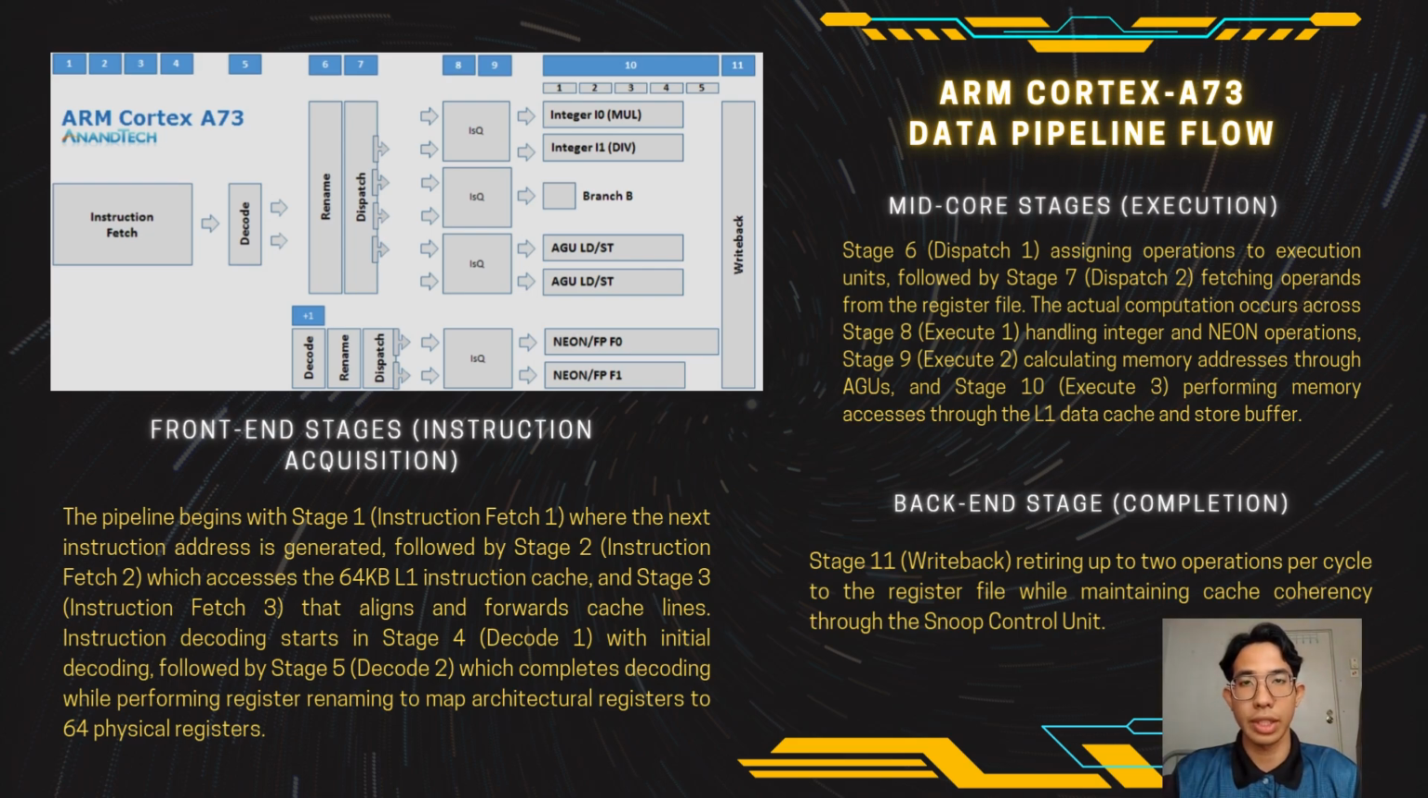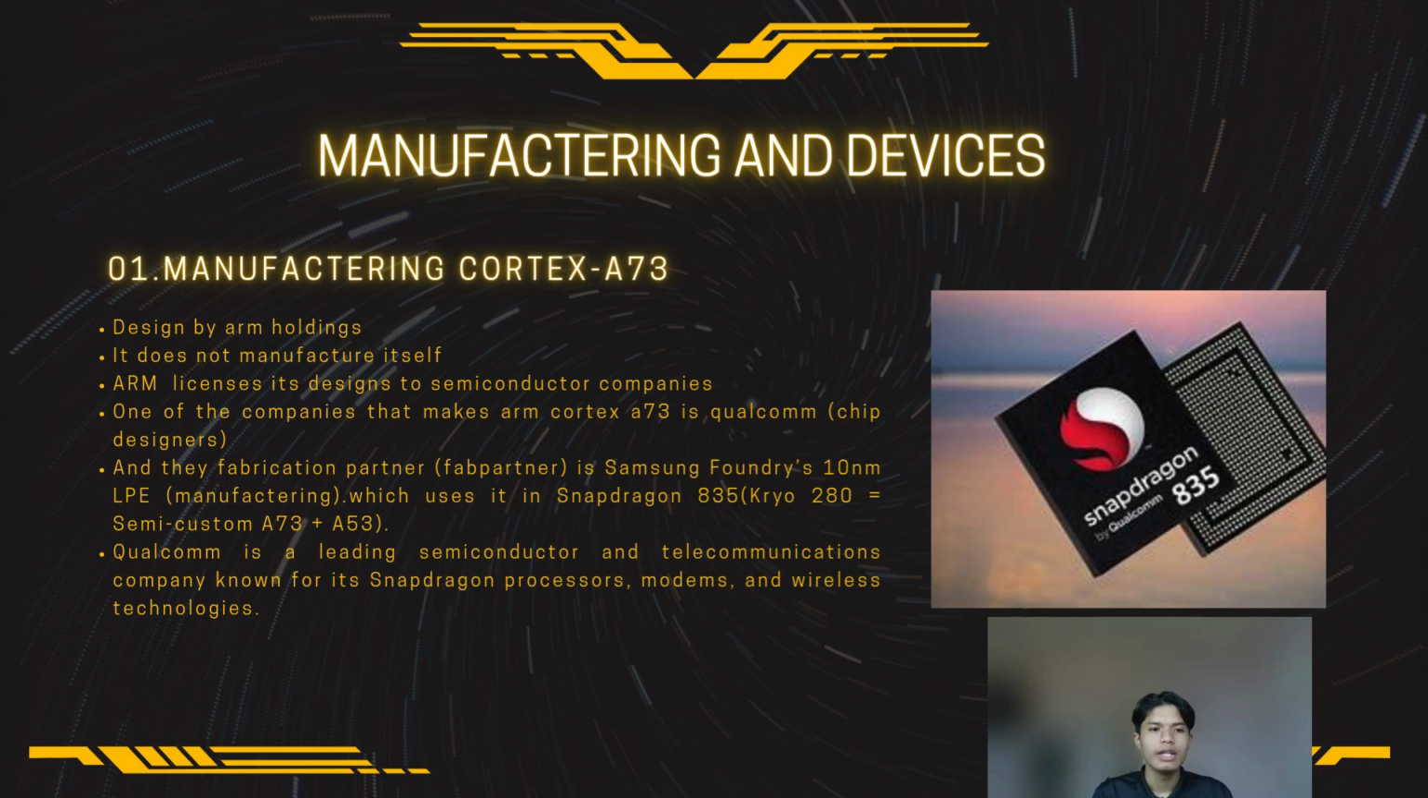Third, order delivery, or we can call it the third category of the pipeline data flow, and stage 11. So finally our quality control. Stage 11 packages up to 2 meals per cycle. So our manager, or we can call it Snoop unit control, ensures all delivery riders are coordinated. That's all. The image shows the Cortex-A73, a high-performance CPU design developed by ARM, known for creating energy-efficient processors and